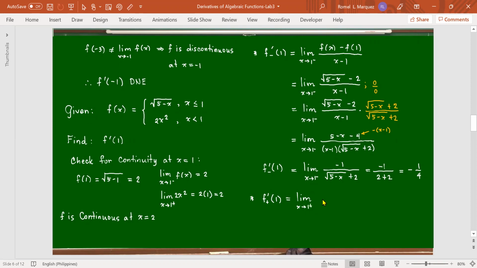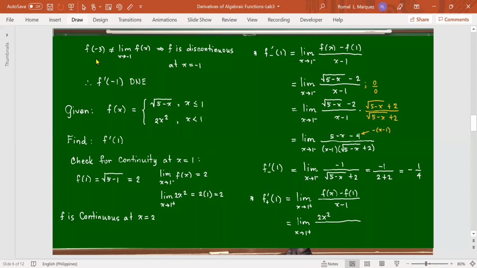Approaches 1 from the right, f of x minus f of a over x minus 1, the denominator. But what is our a, guys? 1, no? All over x minus 1. Or limit as x approaches 1 from the right, the numerator is 2x squared because I think I made a mistake